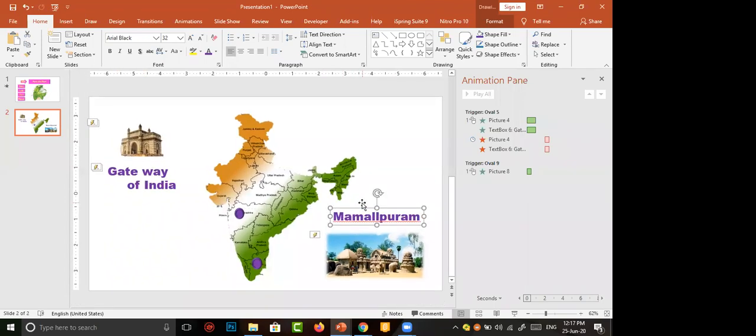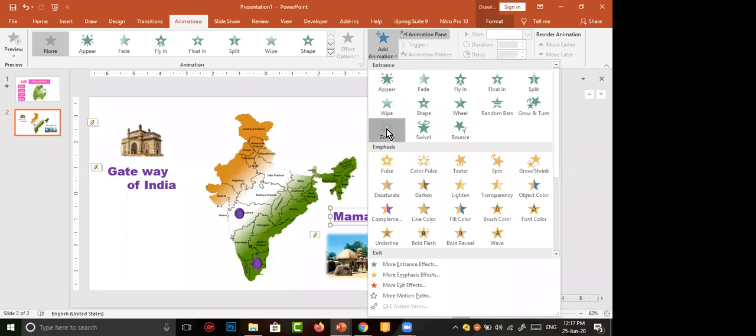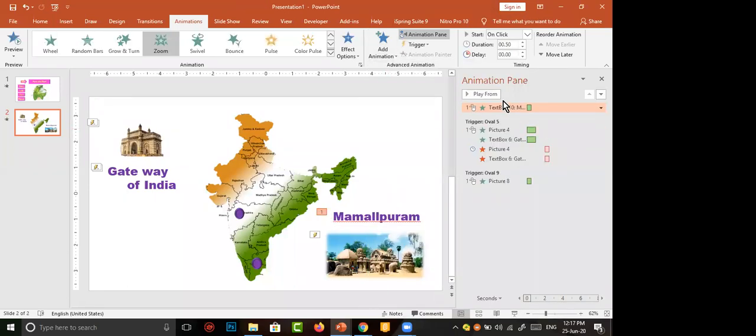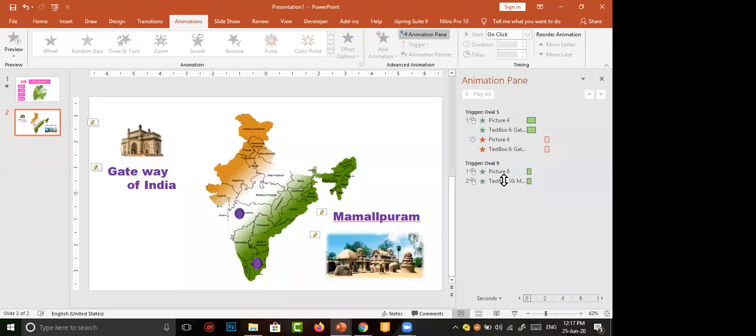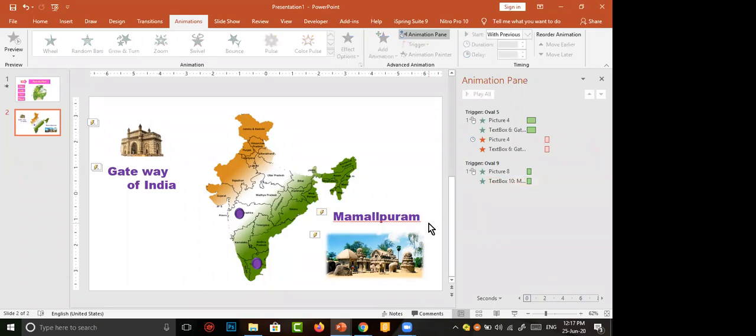If you want to give animation for this Mamallapuram text, go to Animations, Add Animation, again Zoom. This should happen along with the animation of the Mahabalipuram picture. So I brought it near to the Mamallapuram picture. Then it should happen along with the previous. So Start With Previous.